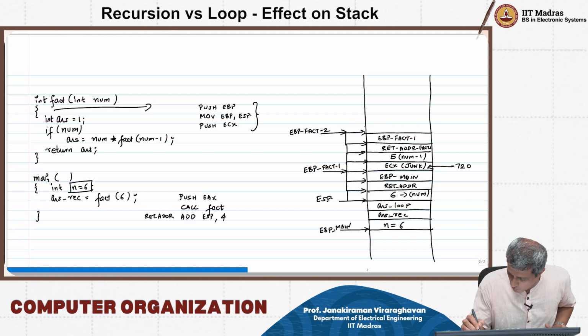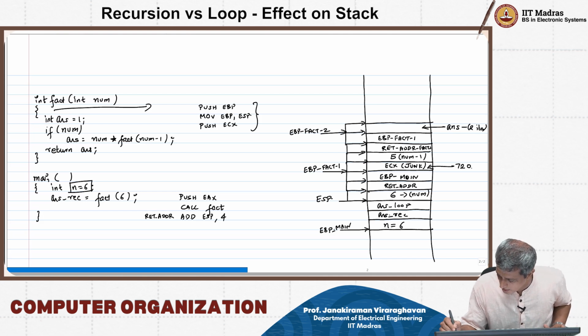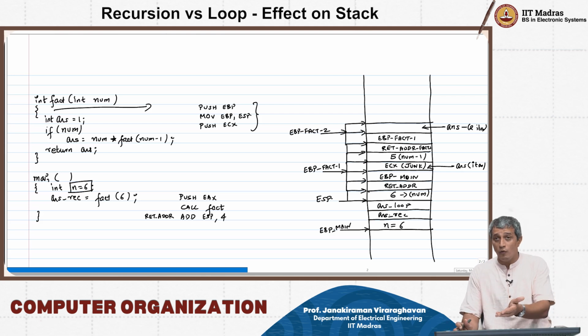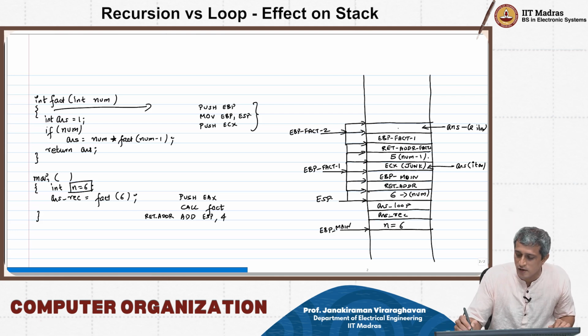What do you do? Again you will do push ECX. Some junk value will be there in that. You will allocate local variable space here. So this is the answer of the second iteration. This is the answer of the first iteration. So like that it goes. Now, even now we have not been able to evaluate any factorial yet. All we have done is we are now going to take num minus 1 and evaluate it,